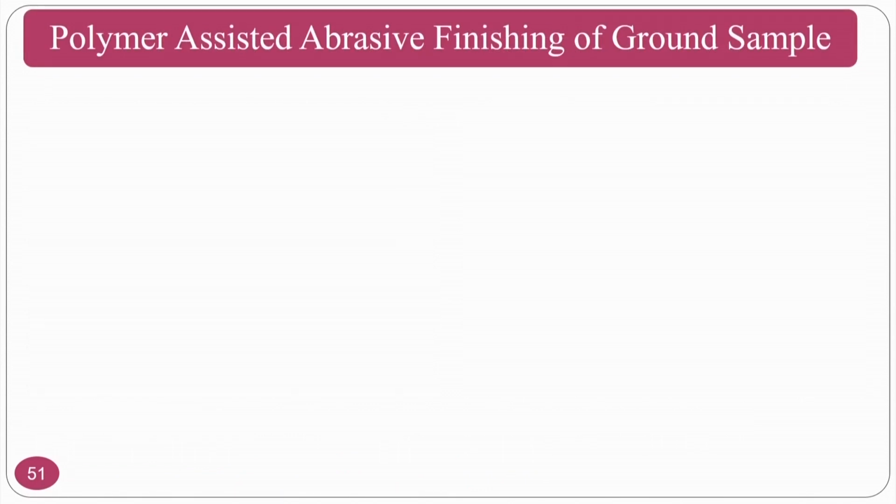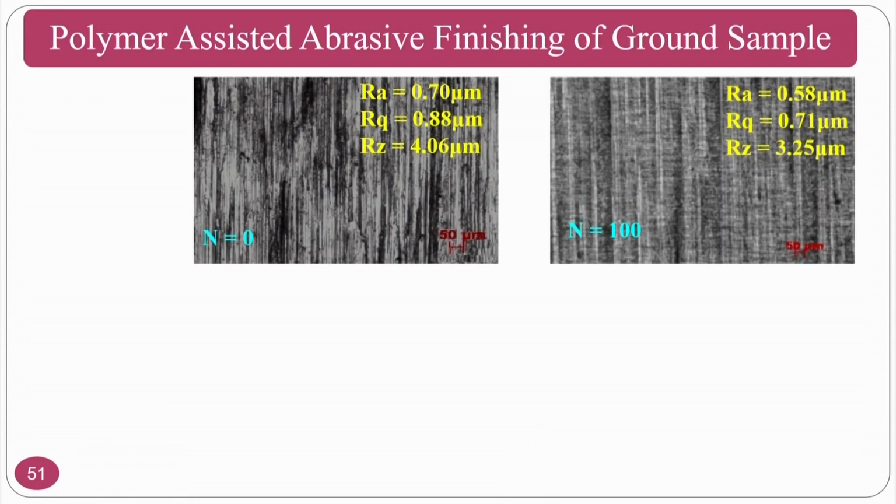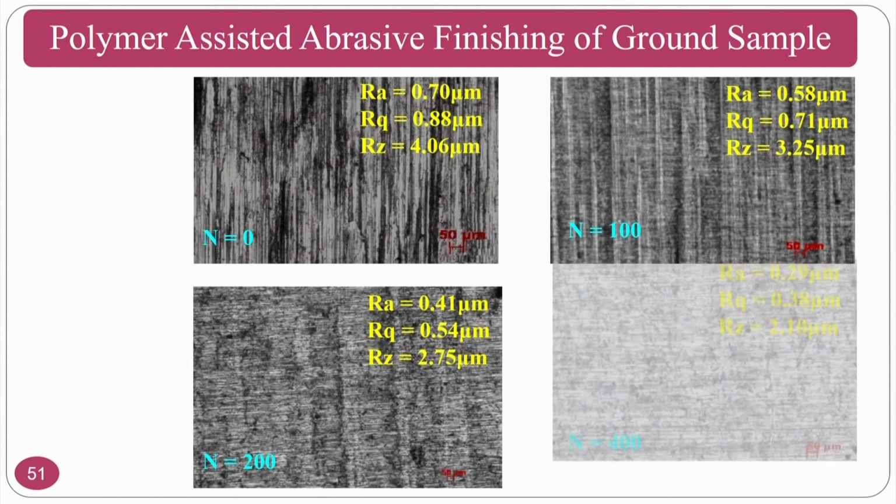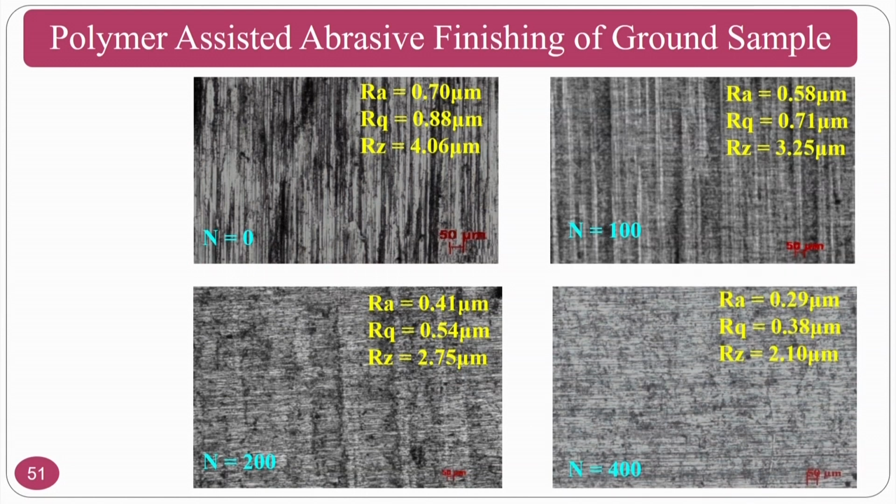Wherever there is a liquid type or semi-solid type, you can choose it rather than the solid based tools. As you can see here, how the grinding surfaces also can be polished. This is an example of abrasive flow finishing, where you can see these are the grinding marks. These grinding marks also can be polished by this polymer rheological abrasive medium.